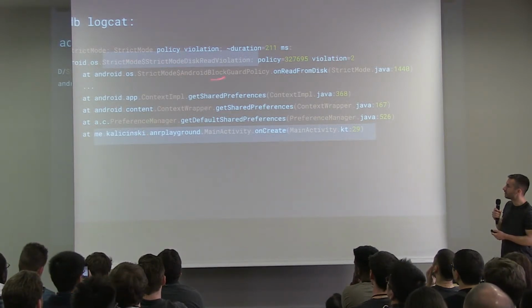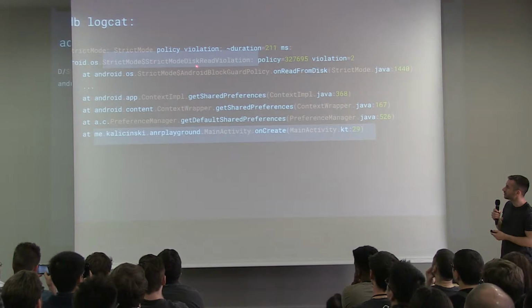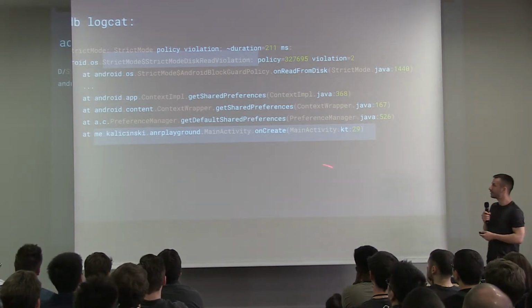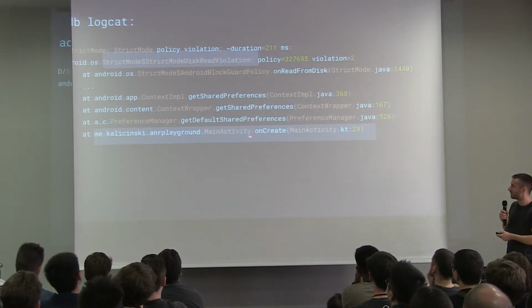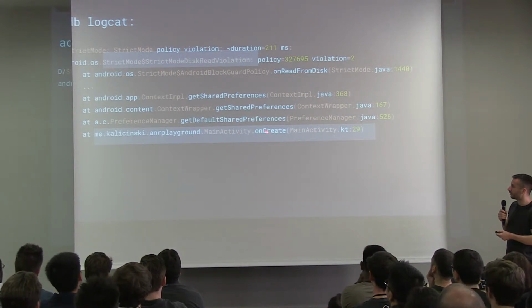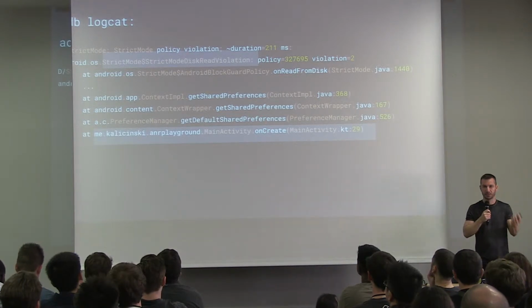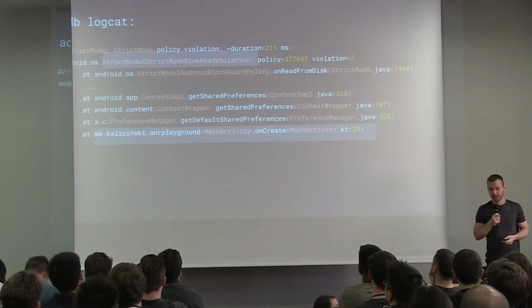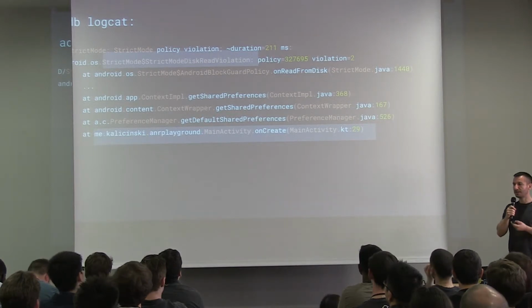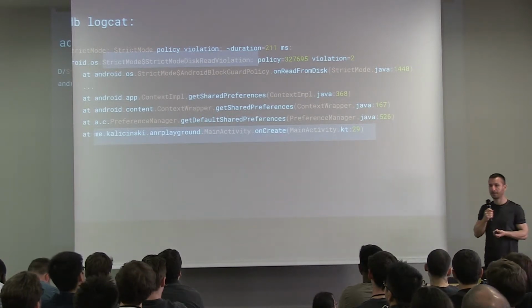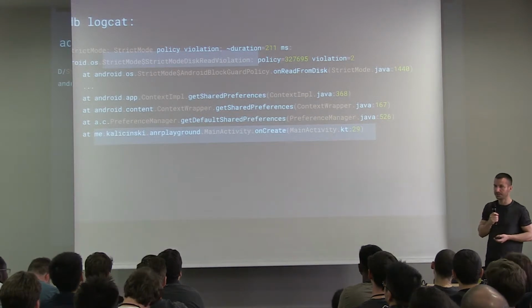There's an exception, strict mode violation, disk read, and it shows me the stack trace exactly when it happened. Here in my main activity onCreate, I have this getDefaultSharedPreferences. And on it goes, and it shows you that it actually uses the file APIs and opens the file. So great, it tells me exactly when these things happen, and I can just go and fix them.